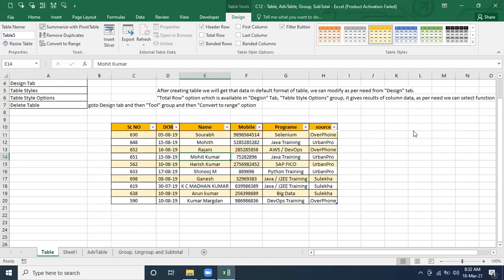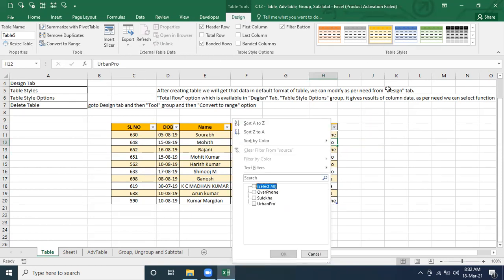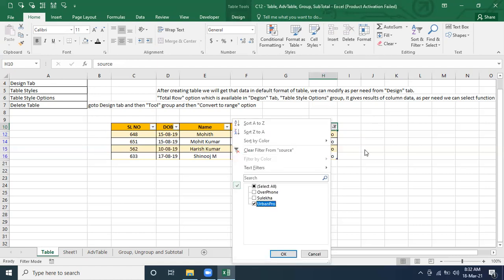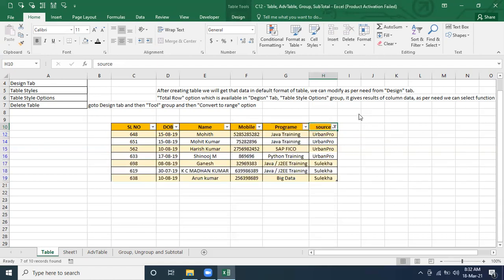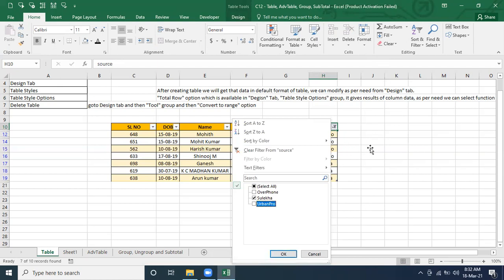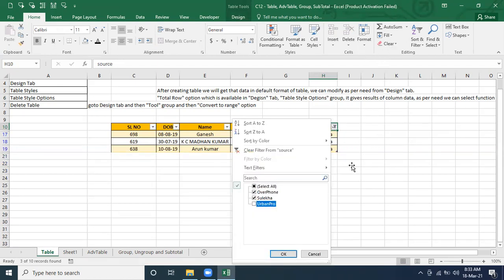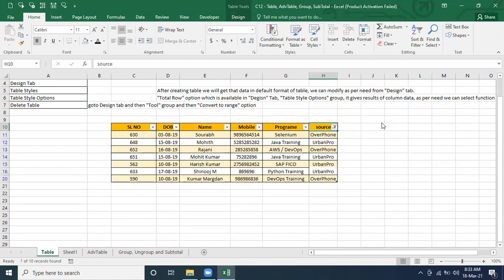If you want to see the individual, we can select individual. Filter from button, it got deleted. Okay. Now if you want to keep that slicer once again, you have to go here and go to the slicer, and what was the slicer based on, the source, we have to click on it.